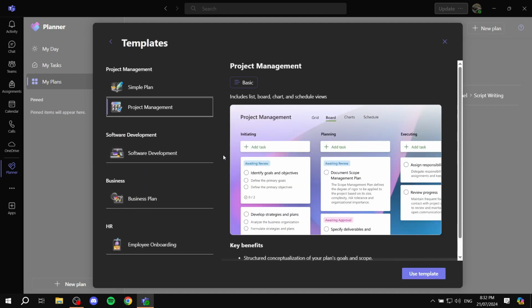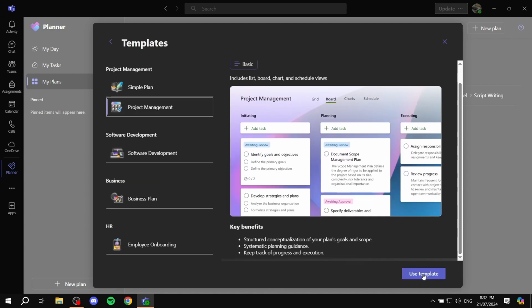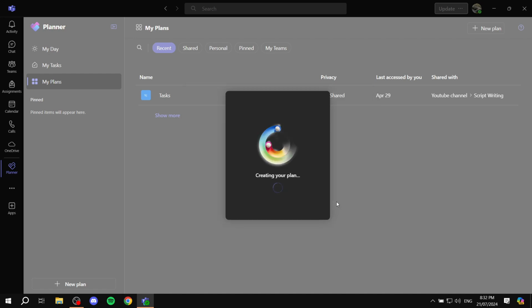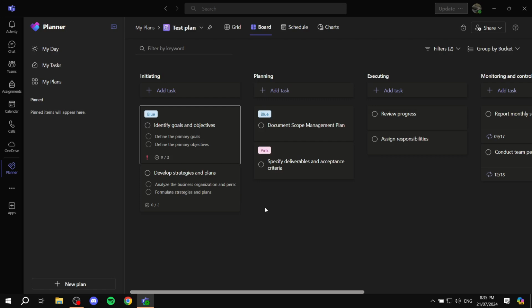Let me just do the project management for this tutorial, and then I'm just going to click on use template. You would want to give it a name, test plan, and then if you want to add to a group, you can simply do so, and I'm just going to click on create. So when you actually go ahead and create a plan, you would realize how powerful this app is, because you